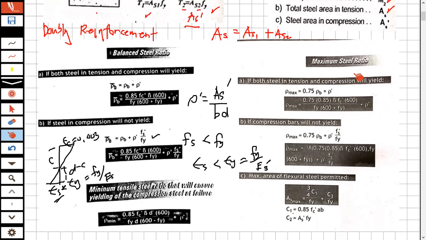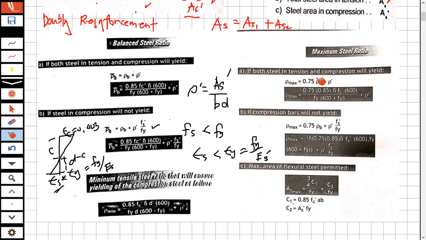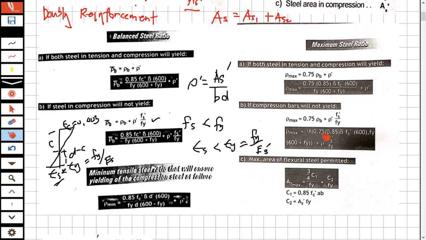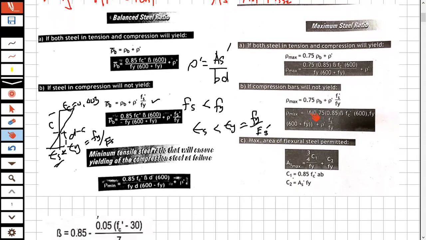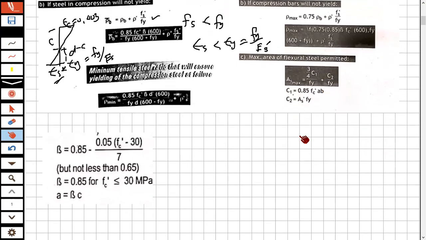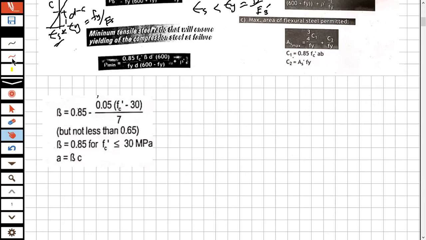Here, the maximum steel ratio that we have to remember is 0.75 rho balance, and then you have this steel ratio prime. Usually this is what we use, unless the compression bars will not yield, so this is what we can use as the maximum. So one thing that we have to remember: